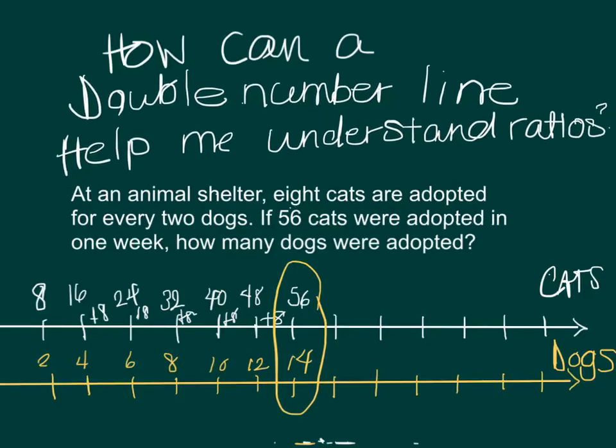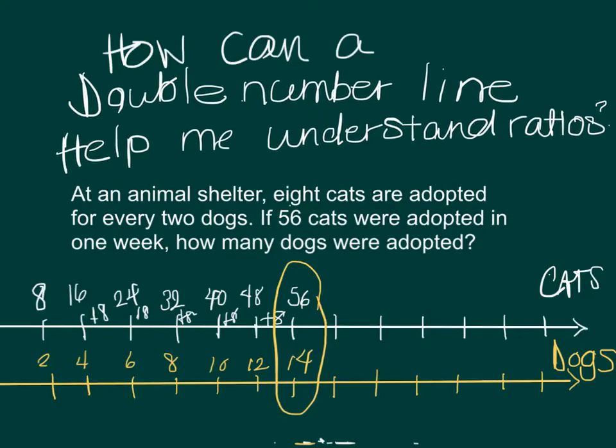So that looks like this as a ratio. And I'll just write that out for you. 8 to 2. Okay, remember a ratio is just a comparison of 2 numbers. It's a fraction that follows special rules. Okay, so 8 cats are adopted for every 2 dogs. If 56 cats are adopted,